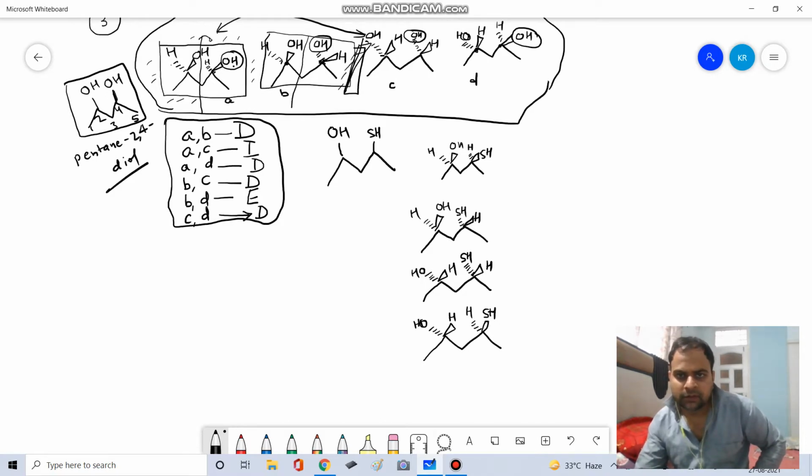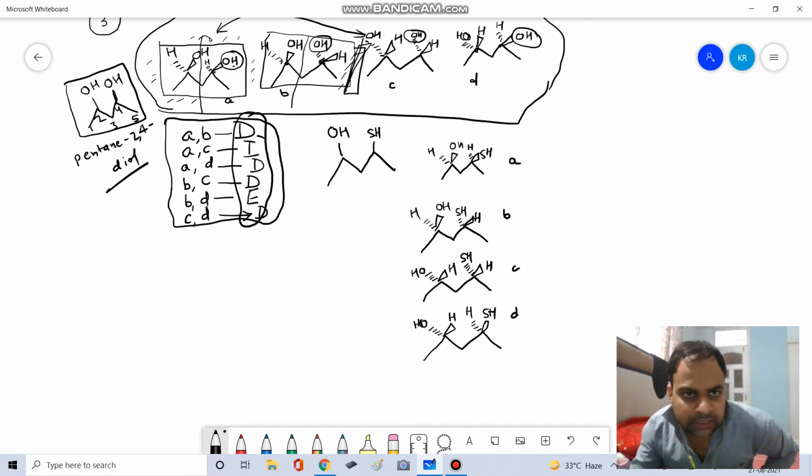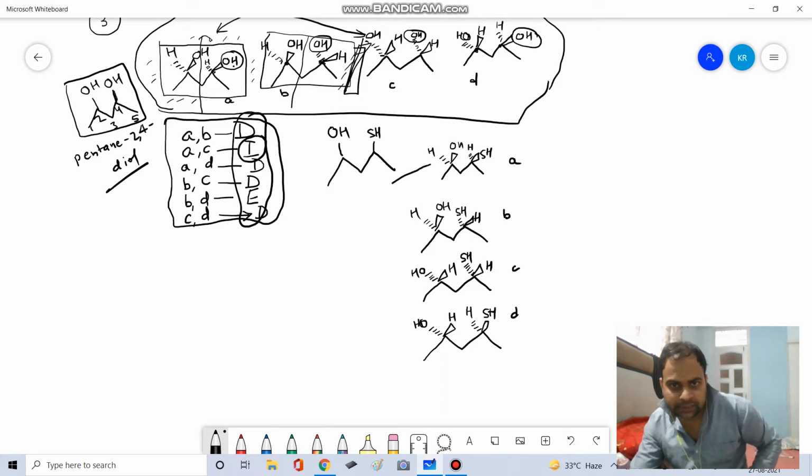So this time these are what we call A, B, C, and this time you do the same exercise of trying to find out the relationship. Only A and C will be changed. A and C, if you try, will not get superimposed. A and C are not superimposable on each other, but they are mirror images of each other, so that will be enantiomers. So here you got three different configurations,